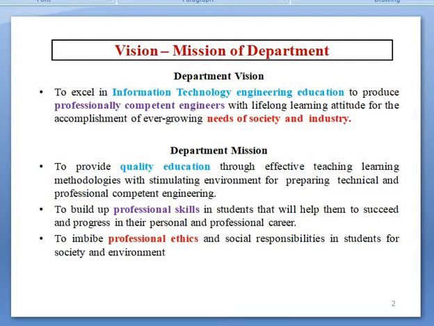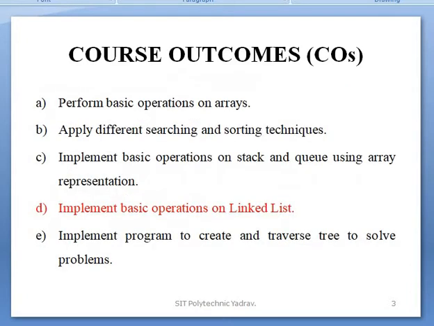Departmental mission statement: to provide quality education through effective teaching learning methodologies with a stimulating environment for preparing technically and professionally competent engineers; to build up professional skills in students that will help them to succeed and progress in their personal and professional career; to imbibe professional ethics and social responsibilities in students for society and environment.